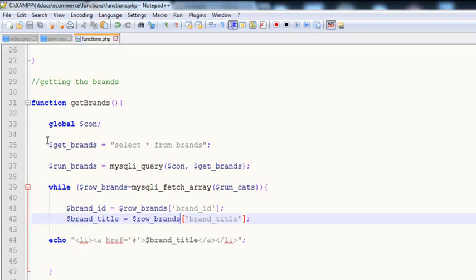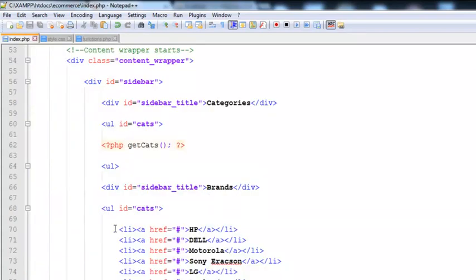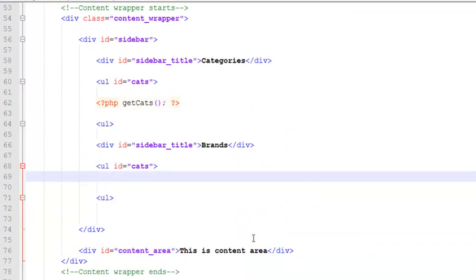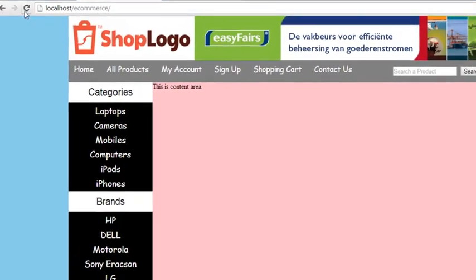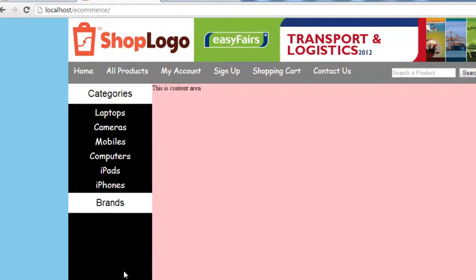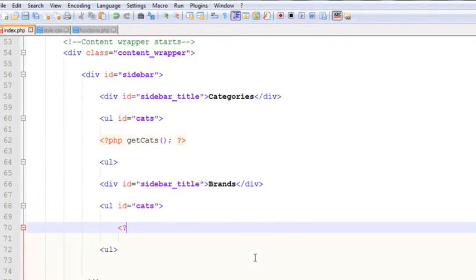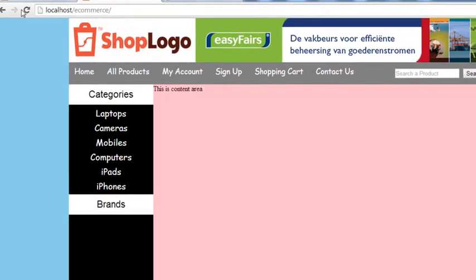We have just changed the local variables, and now we can simply display. First of all, just remove these static brands from here, Control S to save, and come back over here and refresh your page. You see nothing is in the brands section. But if we dynamically add the PHP, call the function get brands, 2 parentheses, semicolon, close the PHP, Control S to save, and refresh the page,